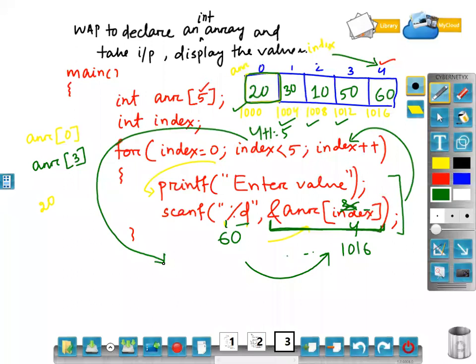Instead of writing the block repeatedly, you can write the same statement by using a loop. Any kind of loop you can use, but it is better to understand for arrays. I have used a for loop. I started the index from 0, and as per the condition, it moves one by one. On the basis of a true condition, it will enter. The input value will be taken, and then you are storing sequentially one by one.